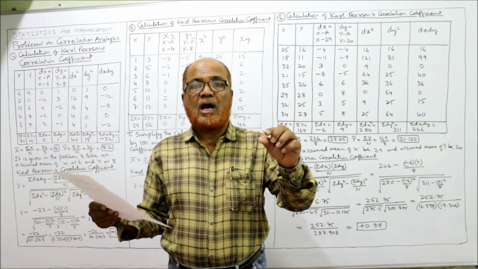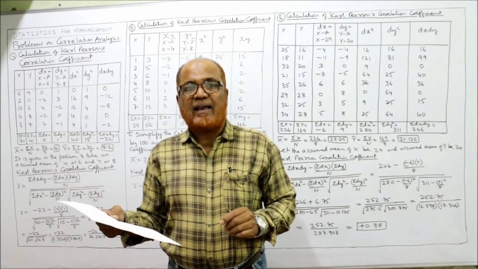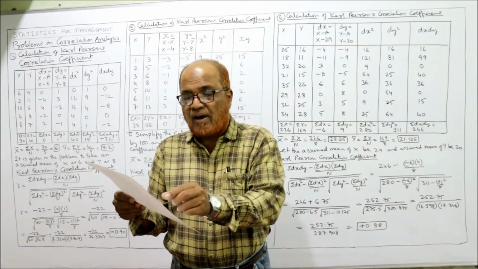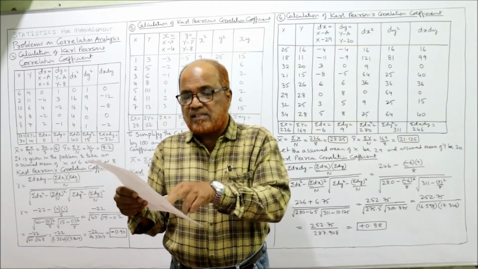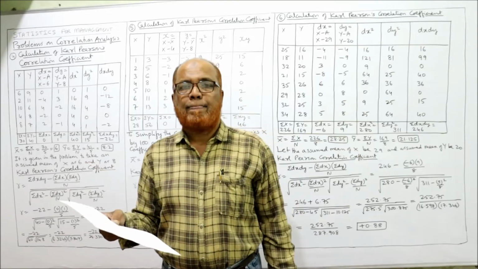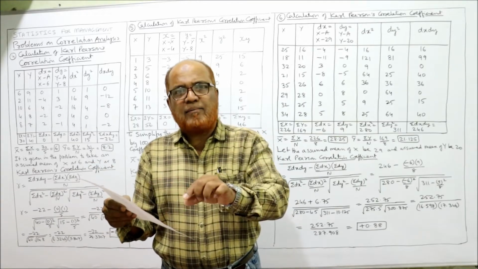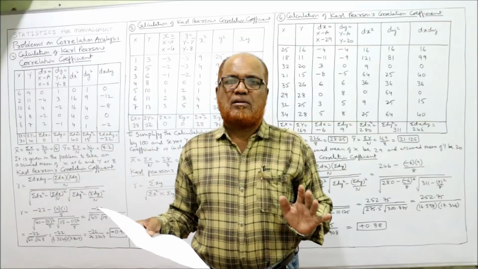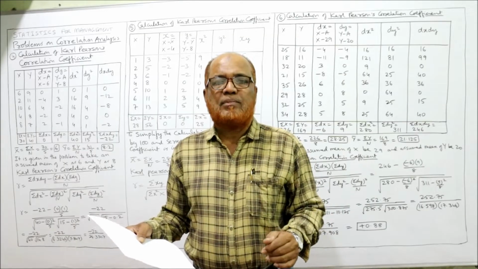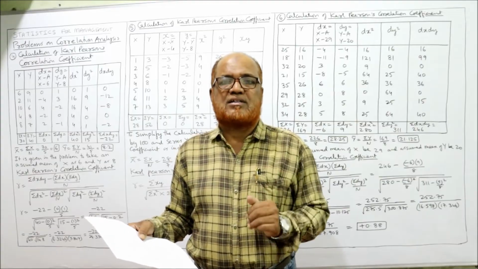The values are large values. If you take these values, the calculation will be more because the values are more. Similarly, Y series are 30, 50, 60, 80, 100, 110, 130. We can take the same values and calculate correlation. But if you want to reduce your time, if you want to reduce your effort,